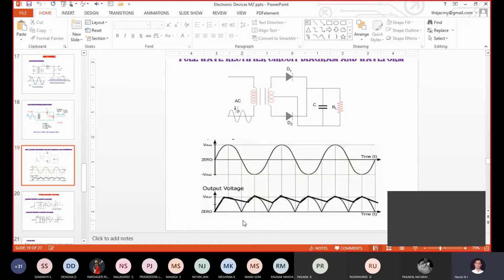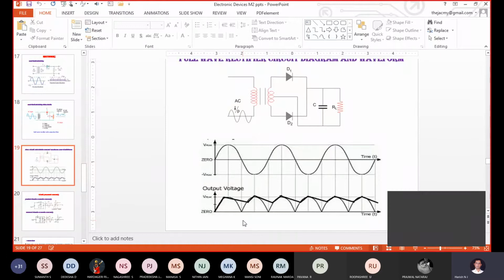Anyone tell me what are the disadvantages of the rectifier when you are using the PN junction diode for designing the rectifier circuit? It may be a half wave, a full wave, or a full wave bridge rectifier. With respect to efficiency, ripple factor, percentage regulation, and PIV, easily we can say that compared to the half wave rectifier, the full wave is good. Correct. But generally you can take the concept of a rectifier generally.